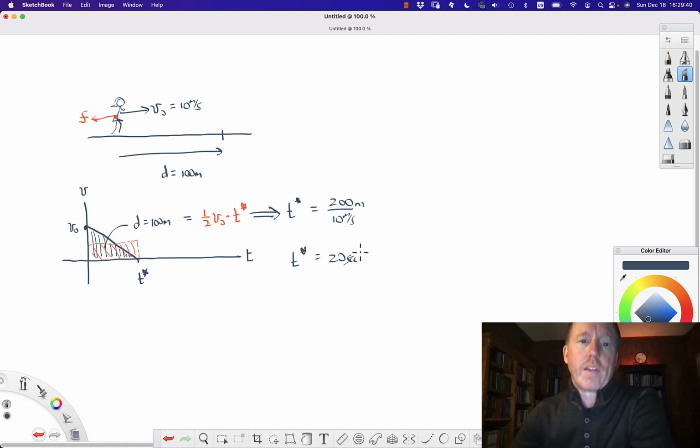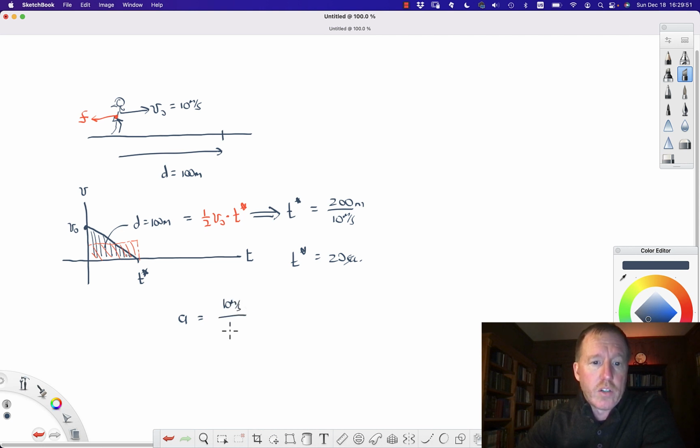Okay, once we have that, then we can figure out what her deceleration must have been. The acceleration, or in this case a deceleration, she lost 10 meters per second of speed, and it took 20 seconds. So it's 1/2 of a meter per second squared is her acceleration. If you know her acceleration, then we can probably find the coefficient of friction. Let's think about this for a moment. The coefficient of friction